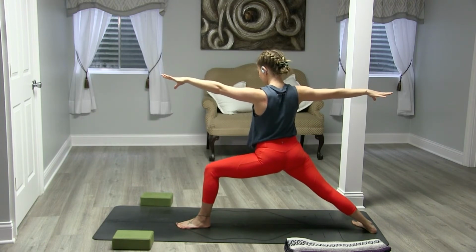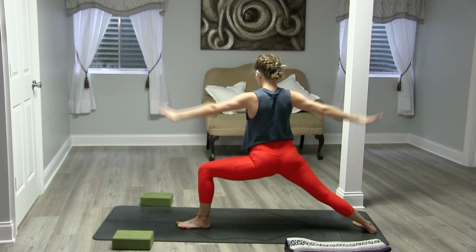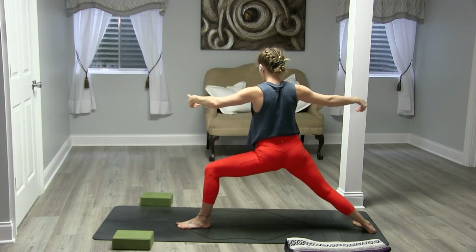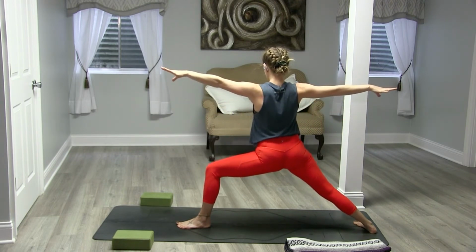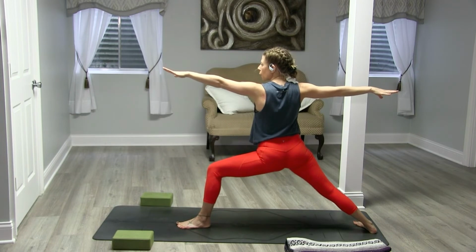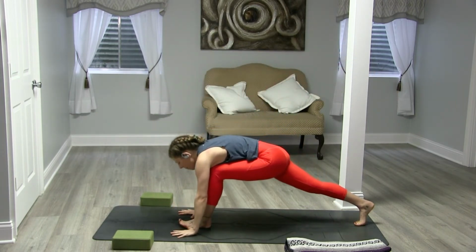Breathing here. So legs are simultaneously spreading away from one another, but the feet are squeezing toward one another. That keeps the engagement in the inner thighs. Good. And then looking toward the front hand, middle of the finger, cartwheel the hands down and step back, plank